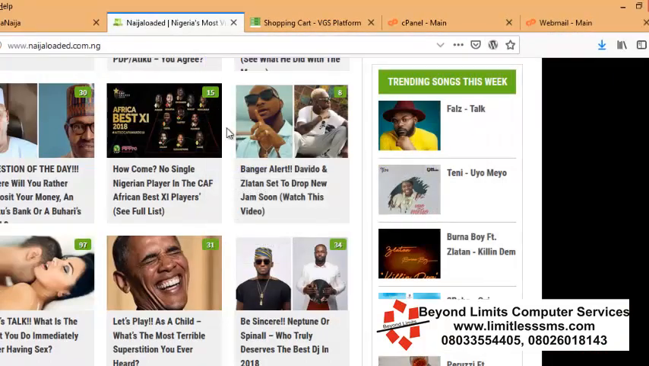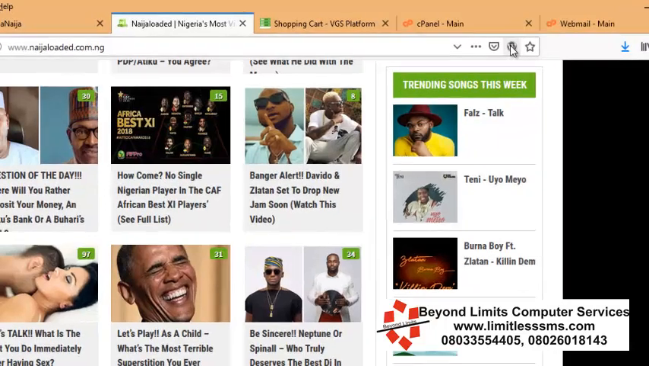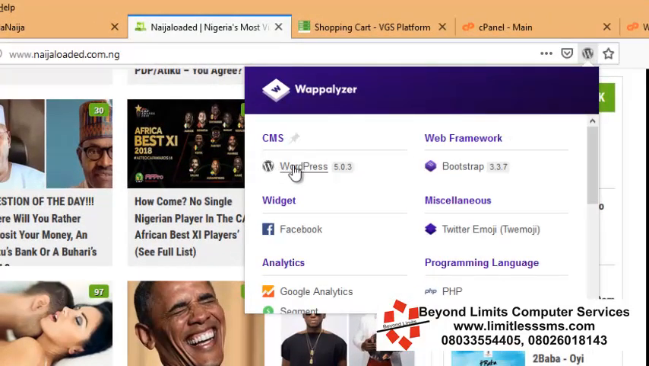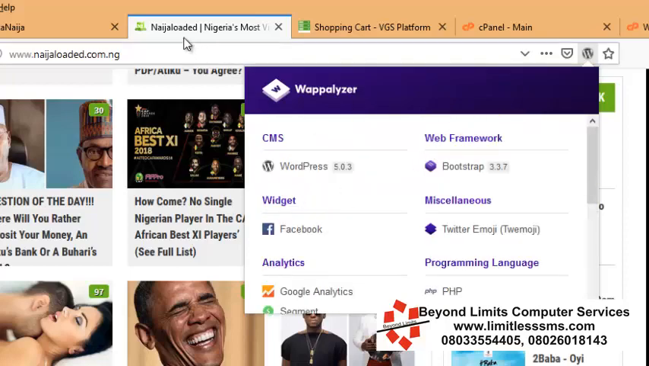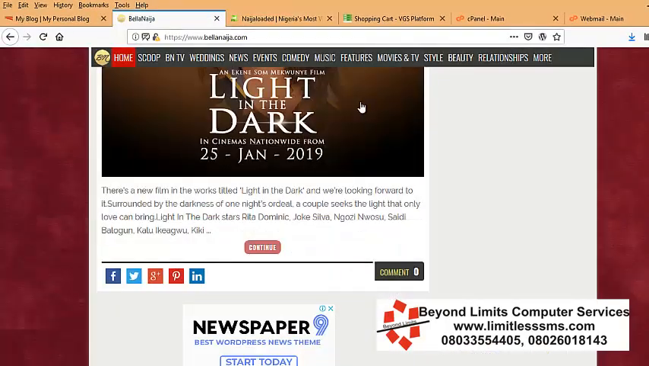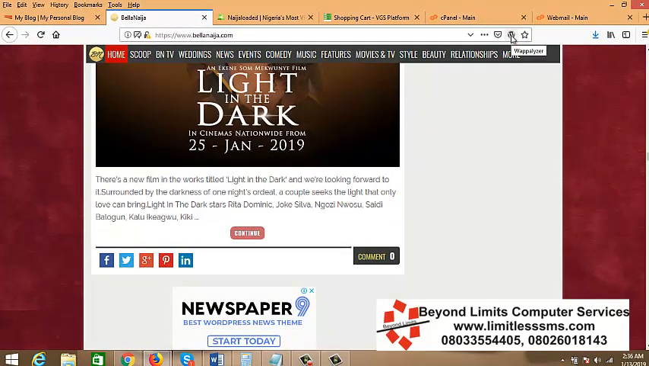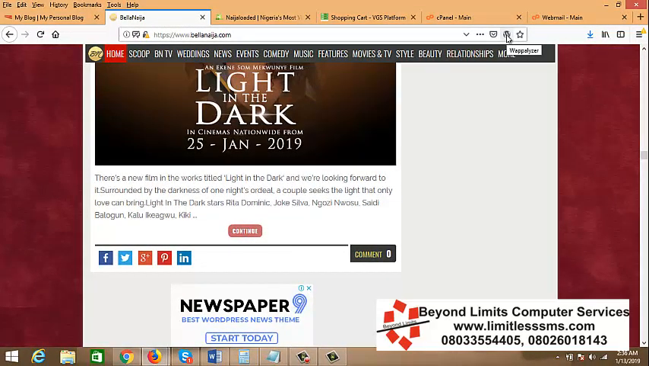Same thing with the Niger loaded website. If you look at it, if I click on the WordPress, can you see? So it actually shows me that this site was designed with WordPress, and it shows me the version of WordPress that was used, and then it shows me other tools too that have been used to design the site. So I actually achieved this using a software I called Wordpress. It's actually a Firefox add-on, and let me show you the name. That's the name of the software. It's actually a Firefox add-on. I think there's an add-on for Google Chrome too. All you just need to do is to install that